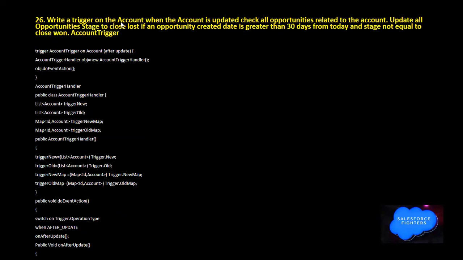Next question, write a trigger on account. When an account is updated, check all the opportunities related to the account and update all the opportunity stages to Closed Lost if the opportunity created date is greater than 30 days from today and the stage is not equal to Closed Won. Account trigger. Example,